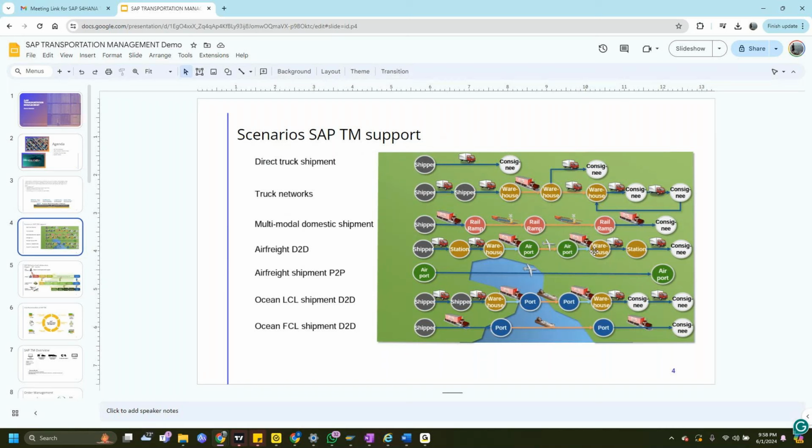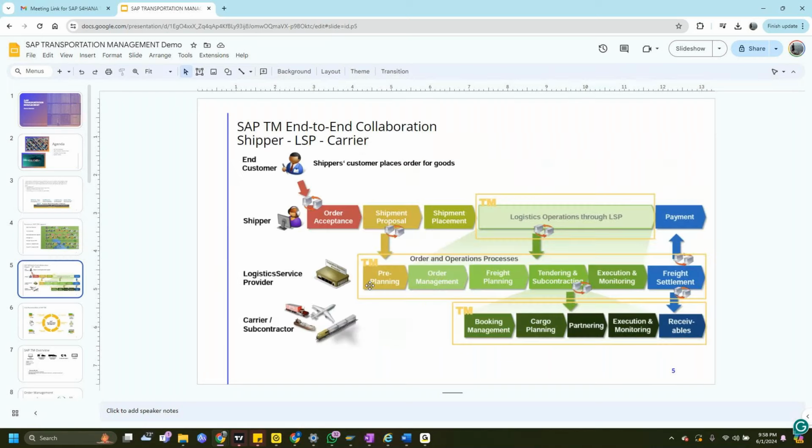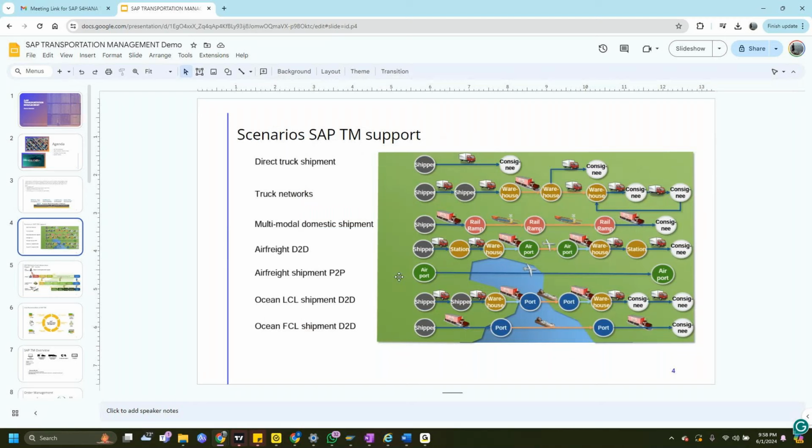That is very rare, but it's again a similar setup to the multimodal setup I explained. So we have this air freight shipment port to port. It's a similar case, but we only consider port to port as a transaction, and that needs to be documented.